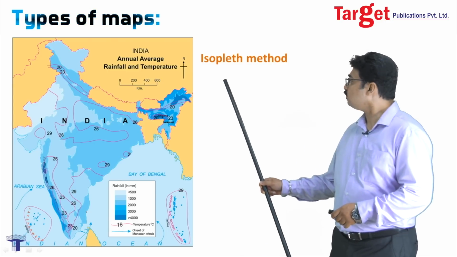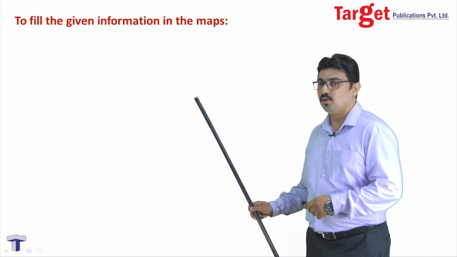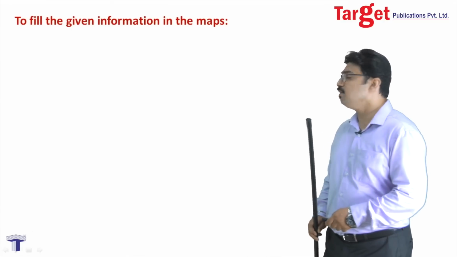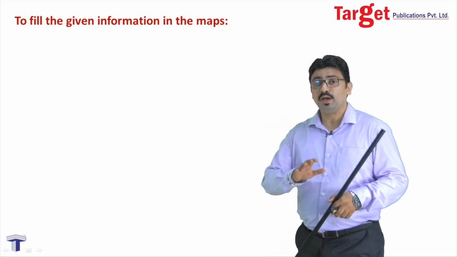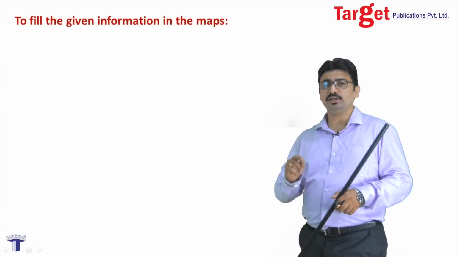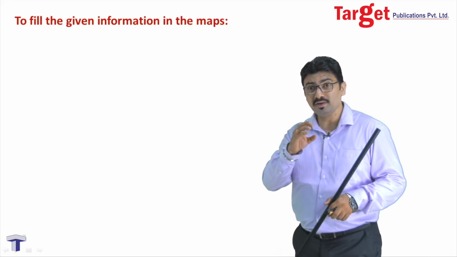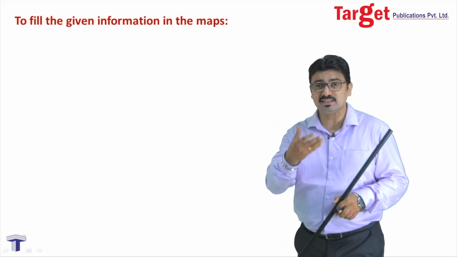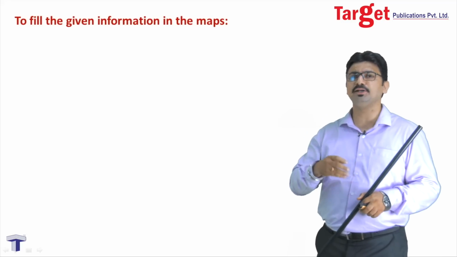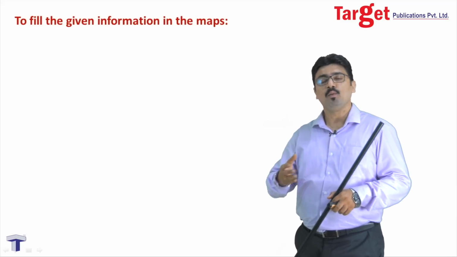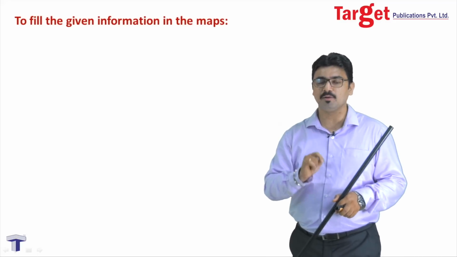So here we clearly understand where we have higher rainfall and where we have lower rainfall. So these are the three important types of distributional maps that we see. And with this, we have studied all the various types of maps that will come in the reading the map section. So you are now ready to read different types of maps and to answer the questions based on those maps, be it a physical map, be it a political map, be it a distributional map, be it a thematic map. Whatever type of map comes, you are ready to read the map and answer the questions based on it.